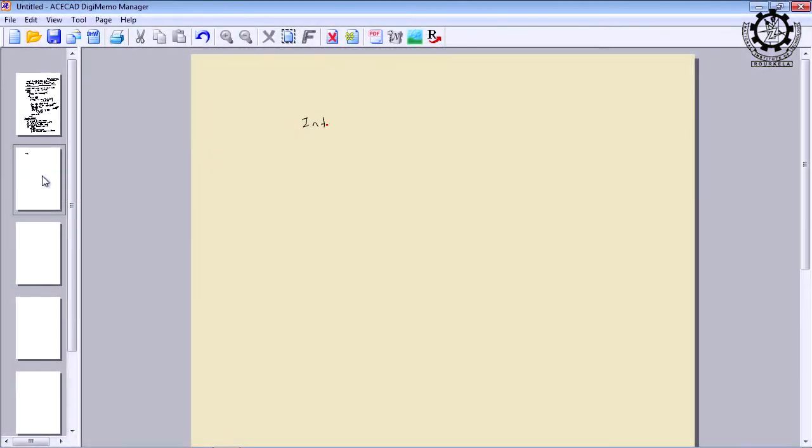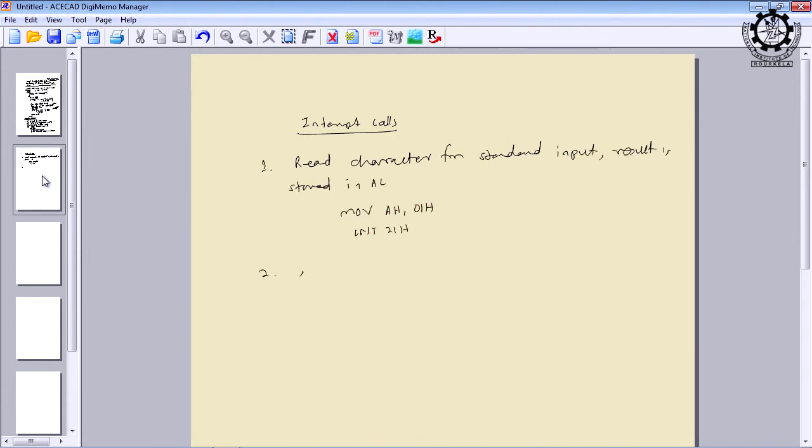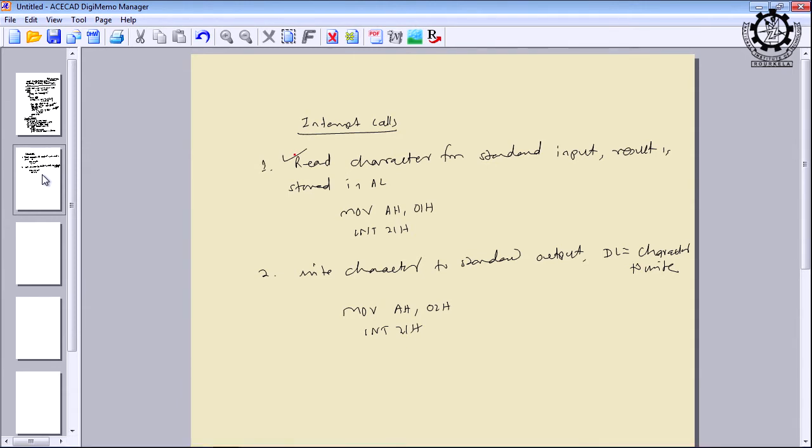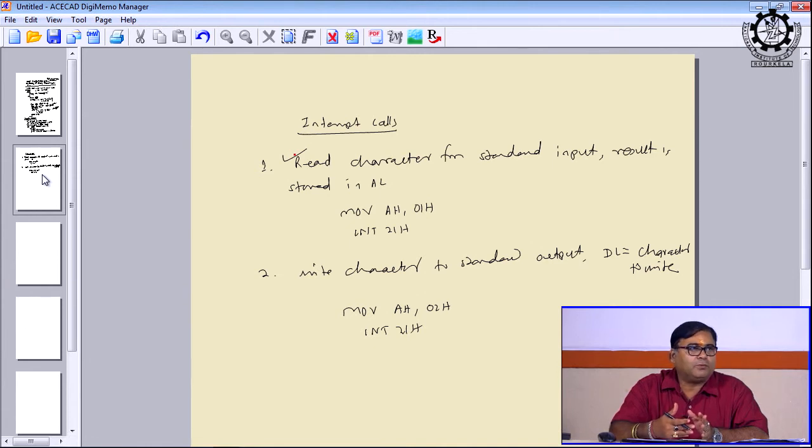Then what are the different interrupt calls? Okay, see these two examples. The same interrupt 21H is used in both cases. One is for inputting a character from the standard input device. Let us take a keyboard. The keyboard is a standard device; worldwide it is used, therefore it is a standard device. For example, I want to press a key and that key will be loaded into the system. How to input a particular value from the keyboard to the